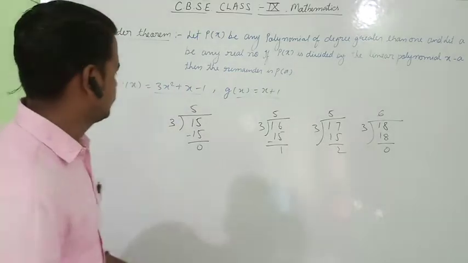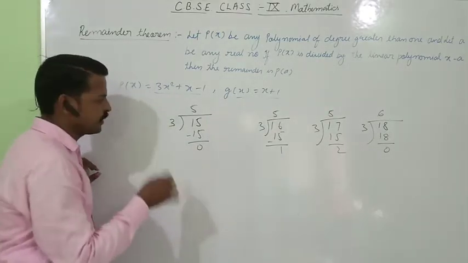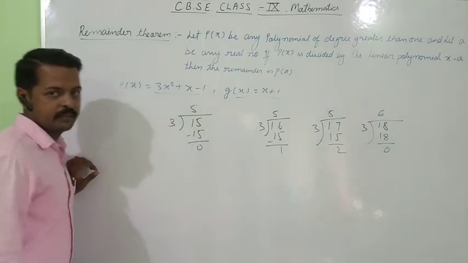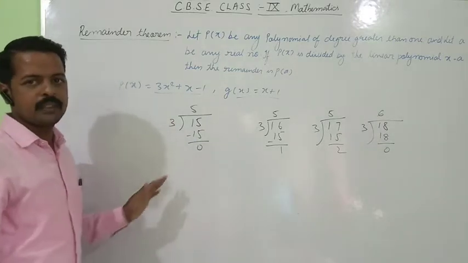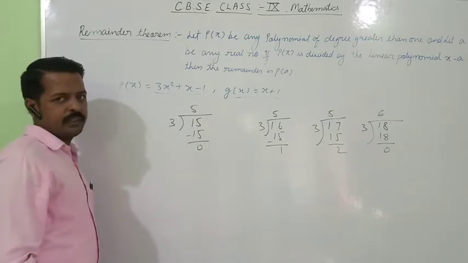Now what happens in the polynomial? If remainder is zero we say that the divisor is a factor of the dividend. अगर रिमाइंडर जीरो आता है तो हम कहते हैं डिवाइजर को फैक्टर ऑफ द डिविडेंड,